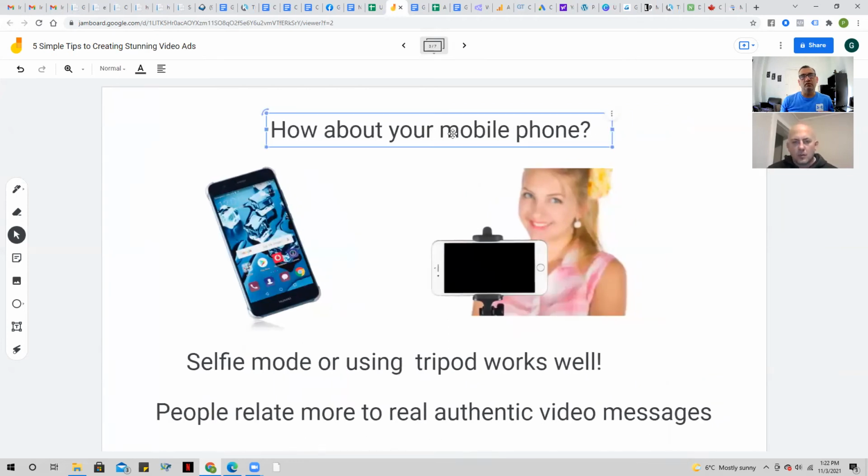Using your mobile phone. Okay, so if you have the professional camera, that's fine, but you still want to use the mobile phone. If you don't have the professional camera, you can go ahead and use the mobile phone. Selfie mode is really good. So, even though, let's say, for example, for Tom, you're using the videos of the classes, it wouldn't hurt sometimes for you to actually maybe set up a tripod or even just hold it in selfie mode and the class going on in the back of you, and you actually conveying the message of what you guys are about,